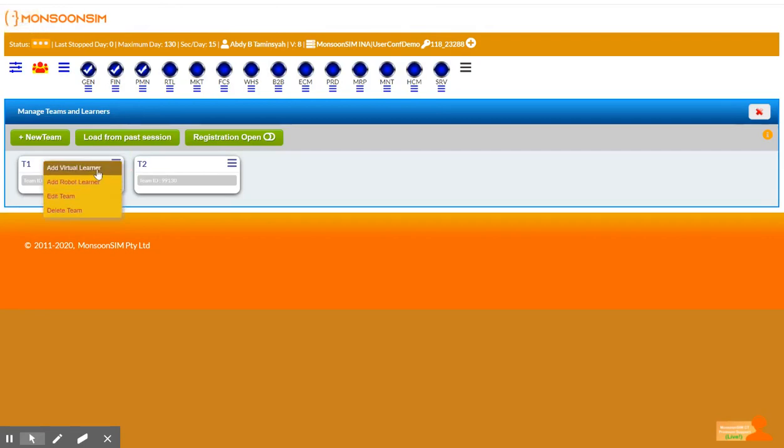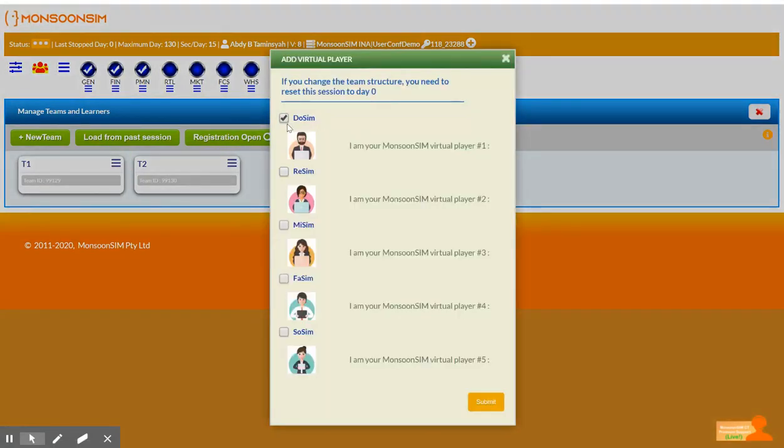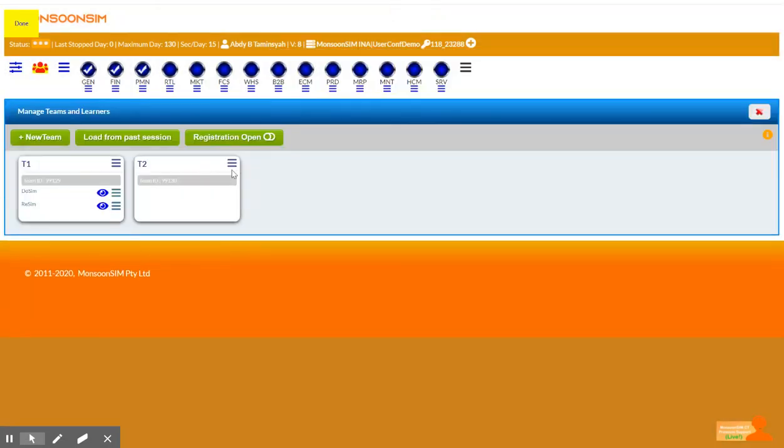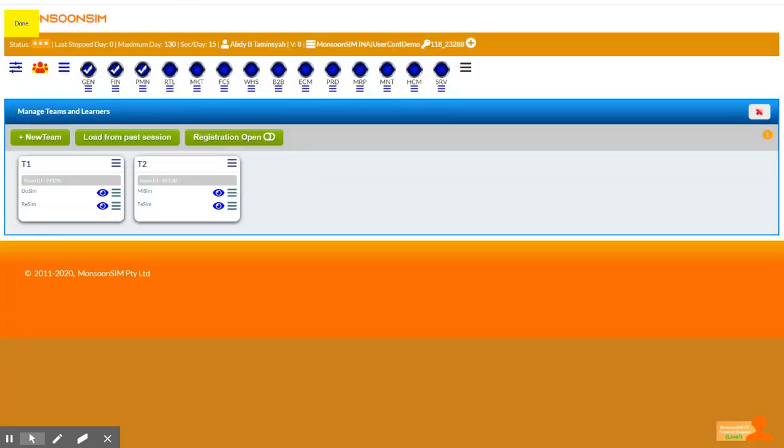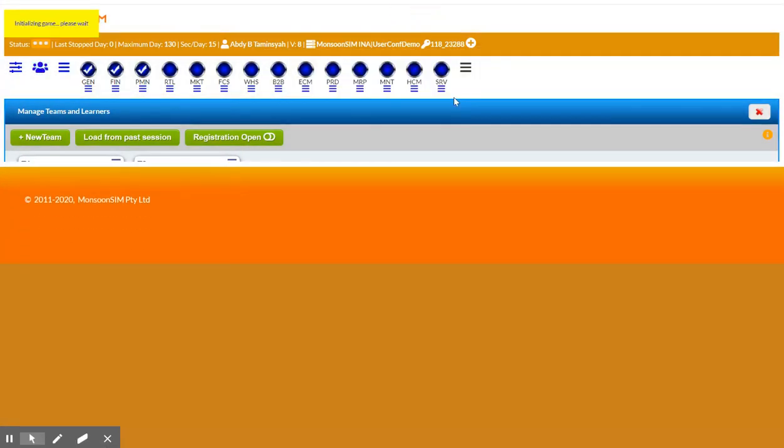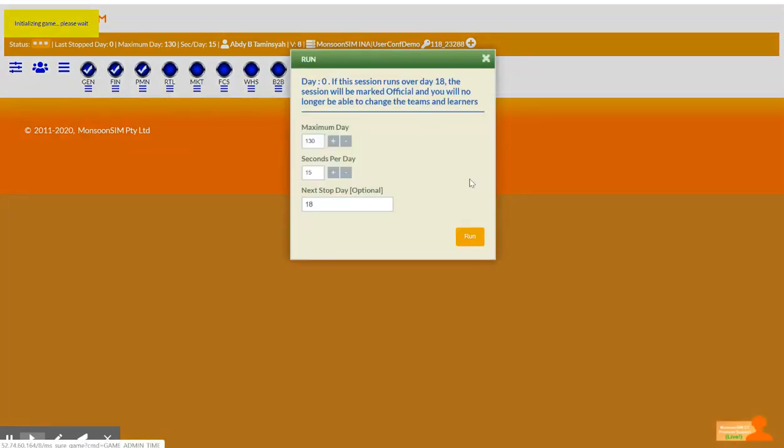You can see there's the team ID. I'm going to put two virtual players here and two players here. All right, so if I run this game,